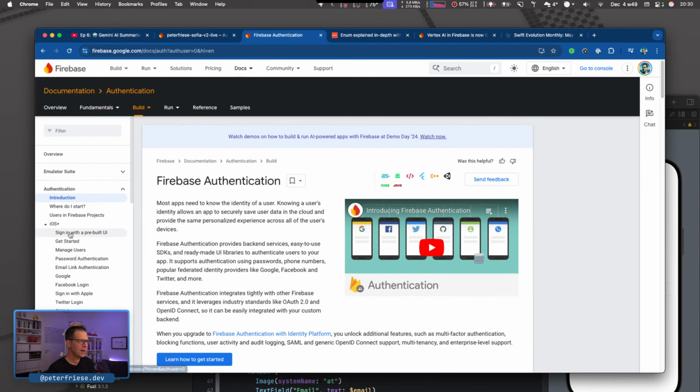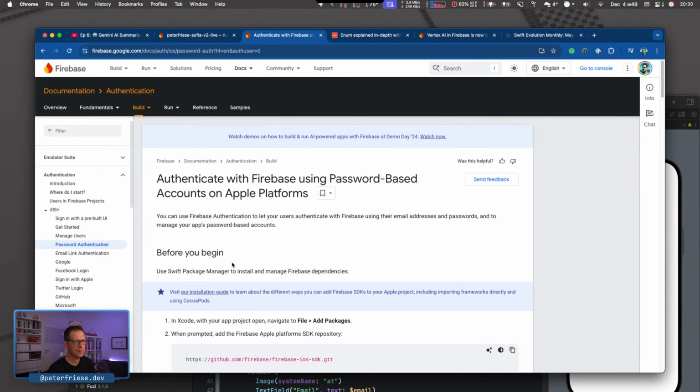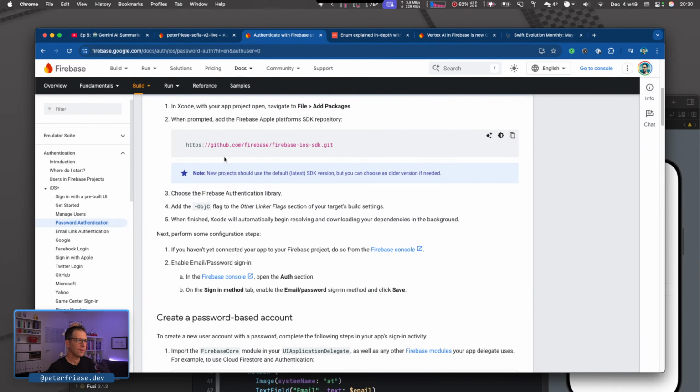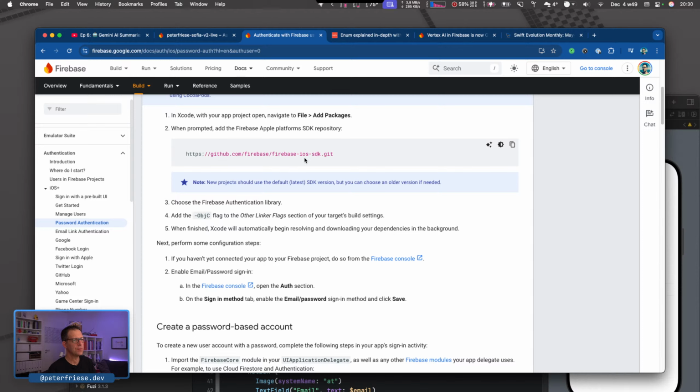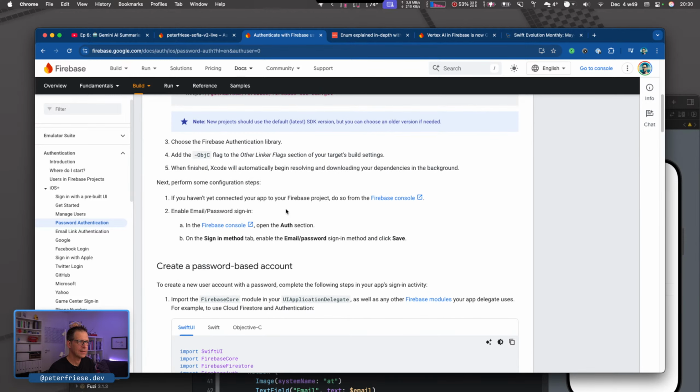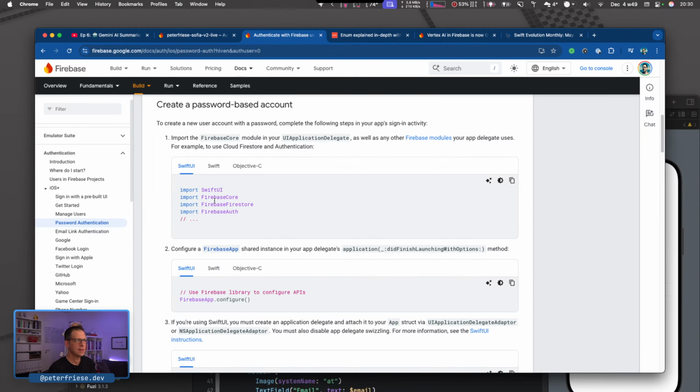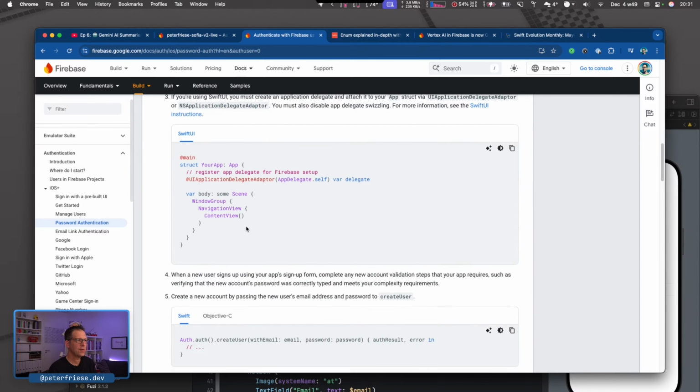And then for iOS, we want to implement password authentication. So it walks us through what we need to do in order to add the Firebase SDK. We already did that. And here are all the imports. Here is the configuration call.